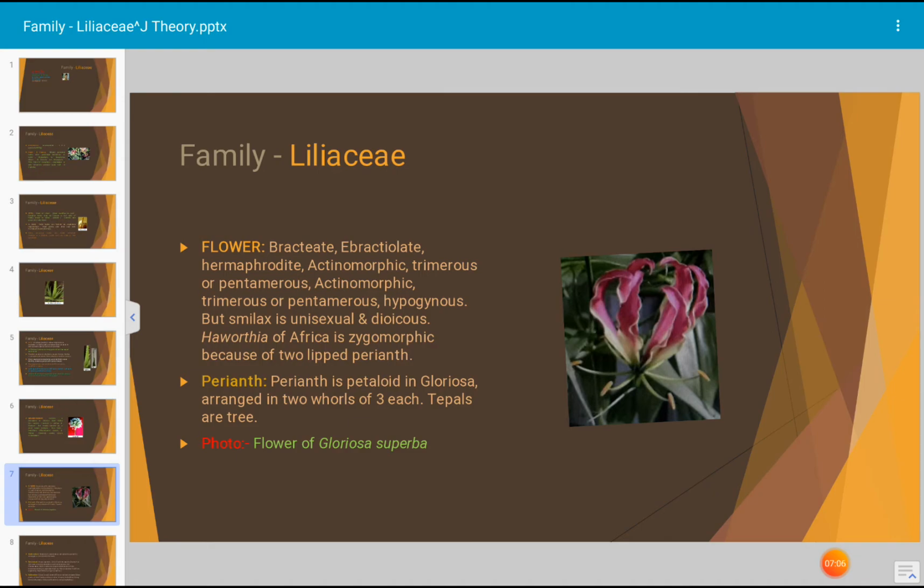And the perianth is petaloid in Gloriosa. Gloriosa superba is a plant in which the perianth is petaloid, large and petal-like, arranged in 2 whorls of 3 each. Tepals are 6. And the photograph shown here is the flower of Gloriosa superba. Next,